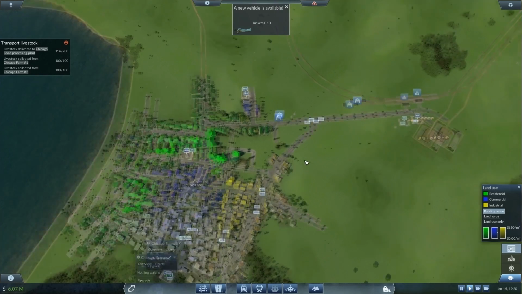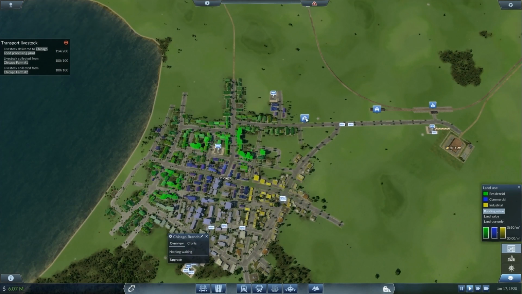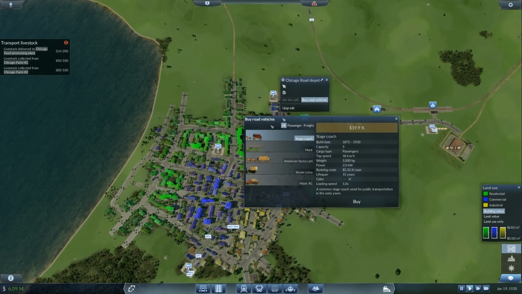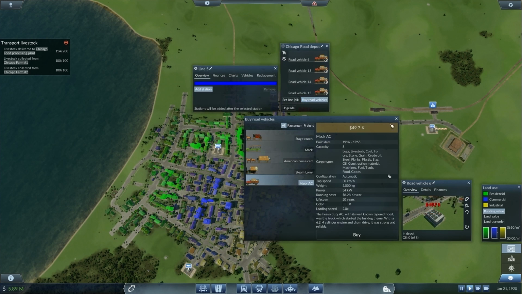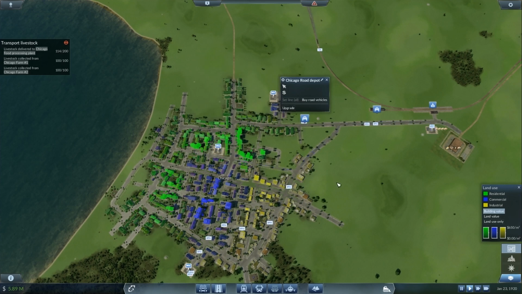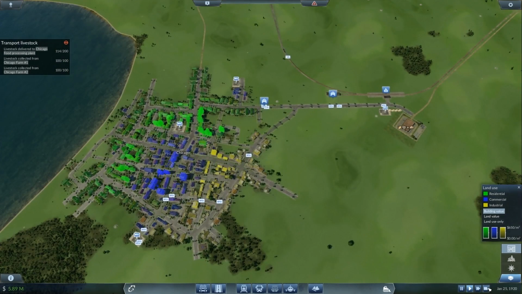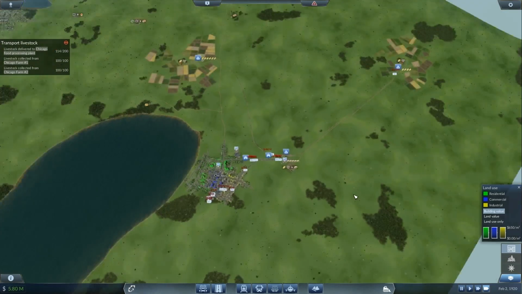So let's do... How do we want to do this? I guess we just do it like this. So let's get rid of this one. Buy road vehicle. Let's buy 4 of these. New line. Boom. Boom. And hopefully that will help get the production levels up even higher, because right now